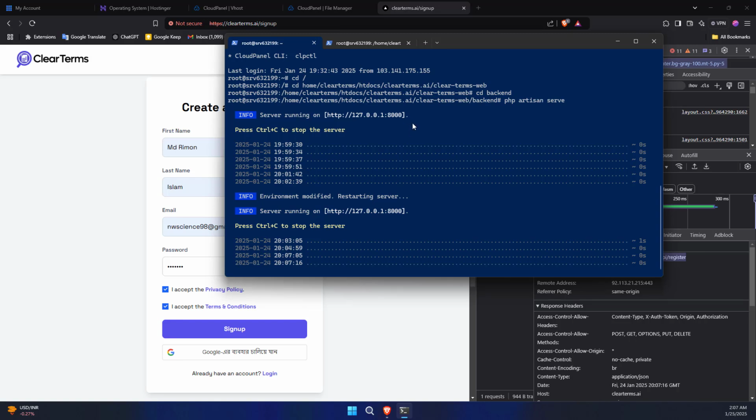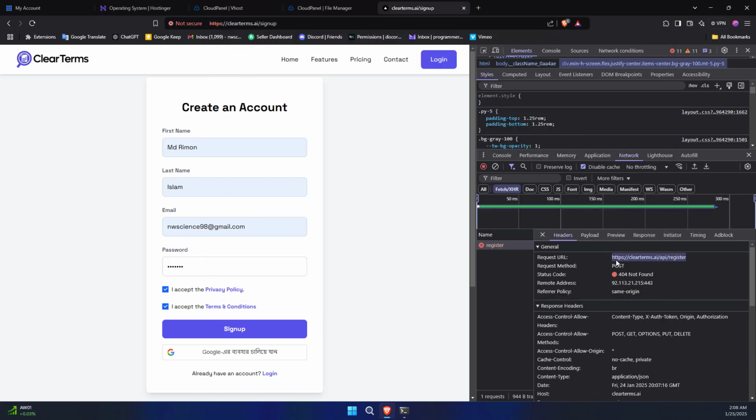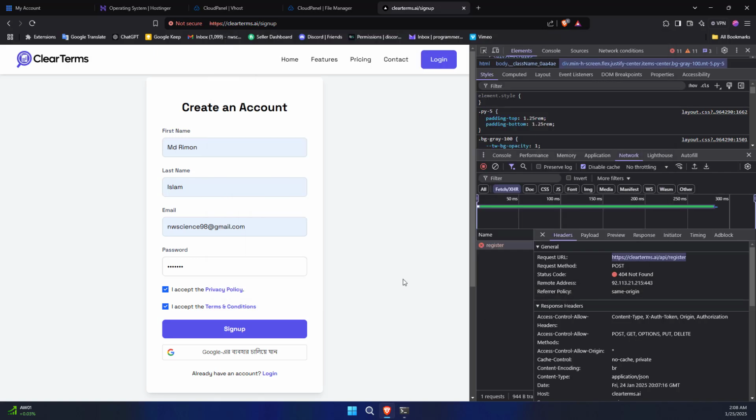So first of all check your registered route. As you can see, here is the login route, but it says the route is not found. Or you can also see here is the register route. So